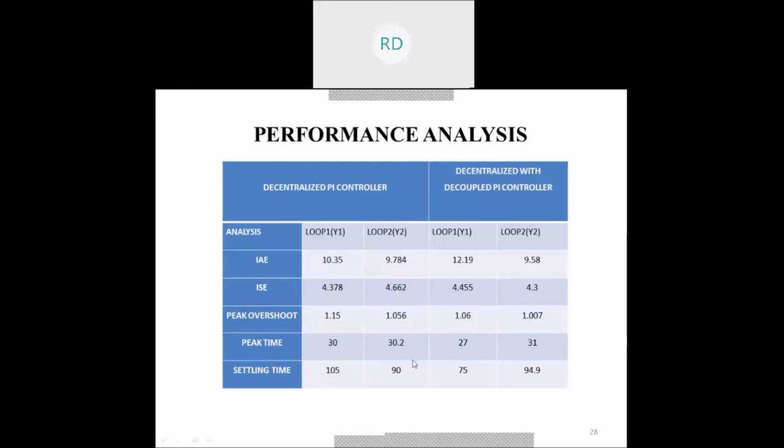So for the quadruple tank, when you are taking the entire system, you are going to control only the lowest two tanks, right? So the interaction will already be minimal when compared to the distillation column process. If you are taking the distillation column case study, the decoupler will give a better response when compared to the decentralized one. Similarly, non-minimum phase is very difficult to control when compared to minimum phase.